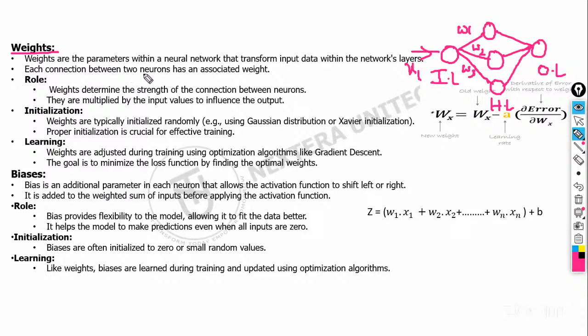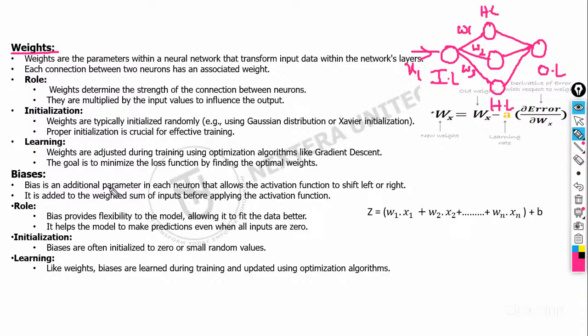Each and every connection between two neurons will be associated with a weight. So this is a connection between two neurons, hidden layer, input layer. So I have a connection, and a weight will be assigned. In the same way, with the second neuron of the hidden layer, a new weight will be assigned. Then the same with the third neuron of the hidden layer. So this particular value will be multiplied with the weight, and